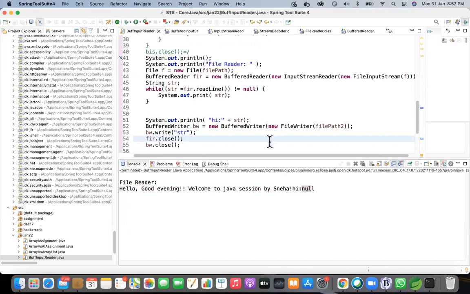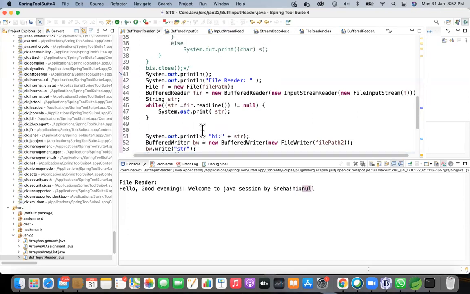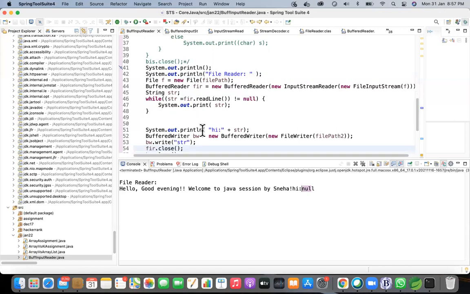Just a minute, let me see what is happening. After the while loop, after line 46, can you just assign str equal to fr.readline, the same line which you have in the while loop?